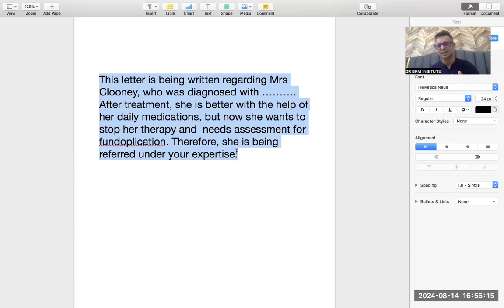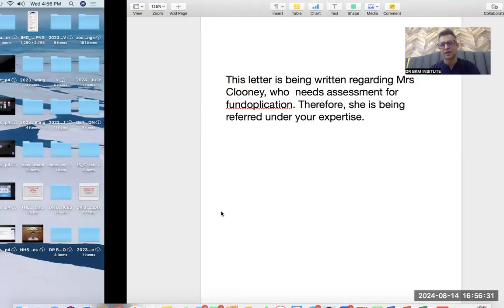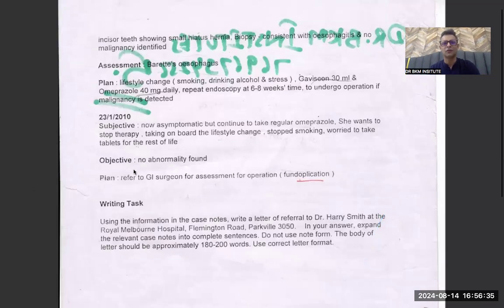Okay, this letter is being written. So now it is complete. But if you want to play safe, then this is not a problem. It is the simplest, easiest way to pass. Word count would also be restricted because, as I have told you, this letter is very big. Now the main purpose is clear. Now focus on the letter.